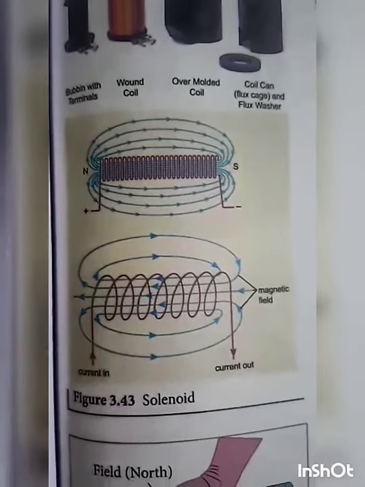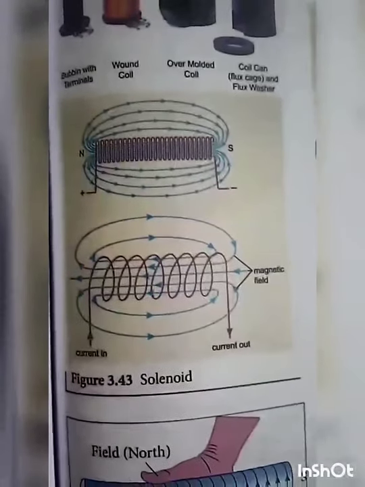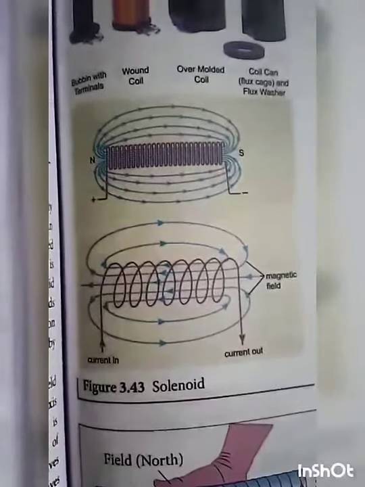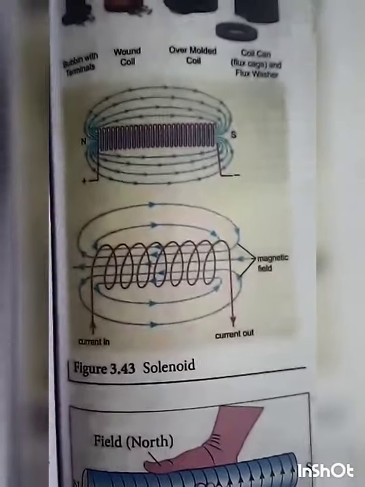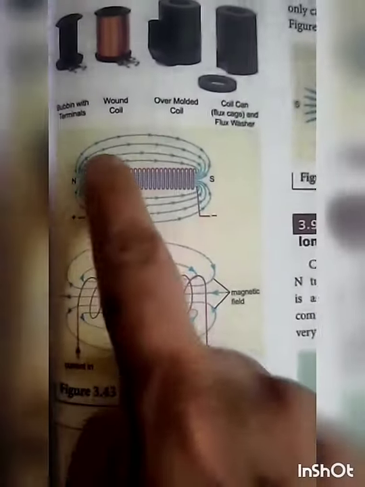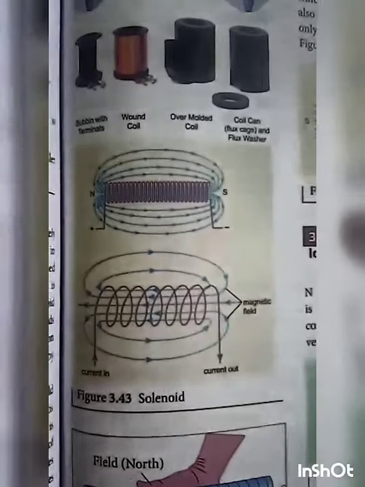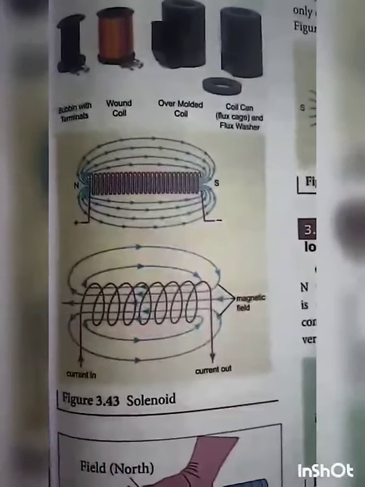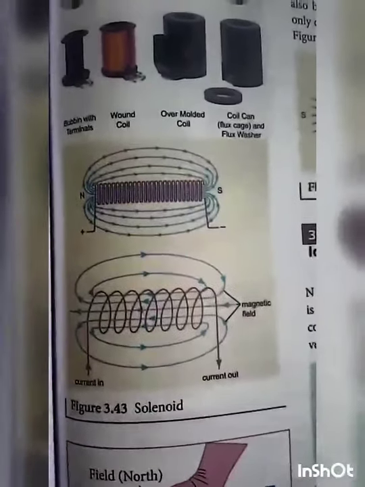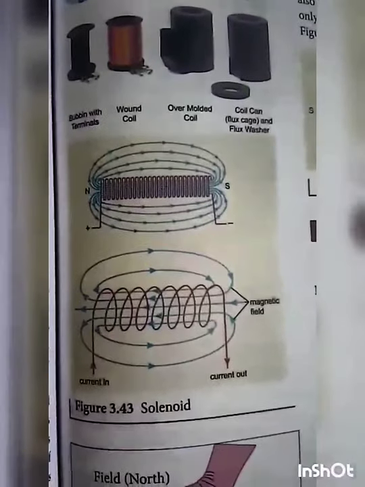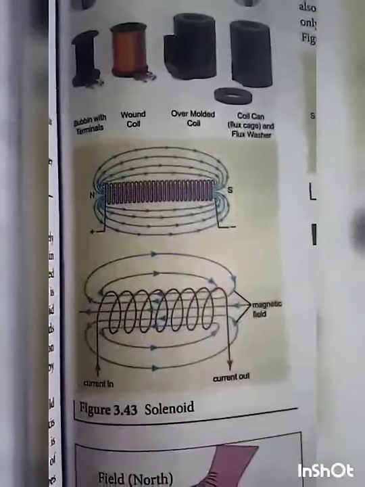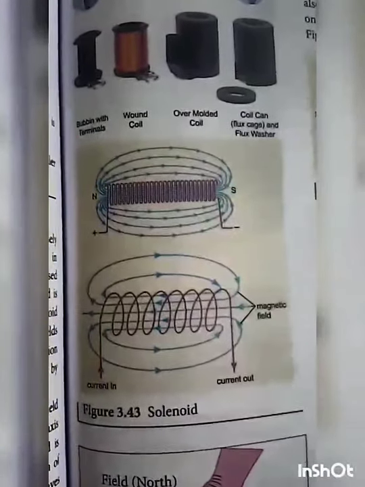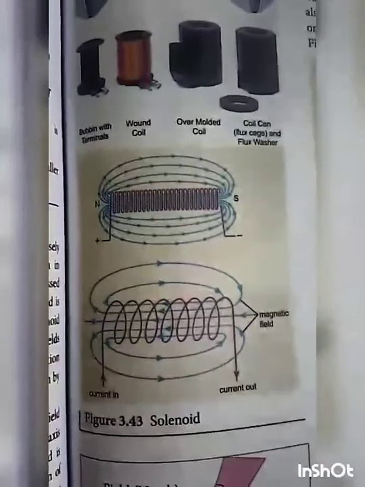Good morning, children. This is to find the magnetic field produced by a solenoid. A solenoid is basically a long cylinder around which N number of copper turns are wound. N turns of copper wire are wound. Now, when a current is made to flow through the copper turns, the solenoid behaves like a magnet.